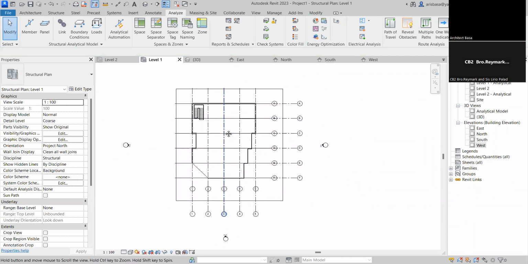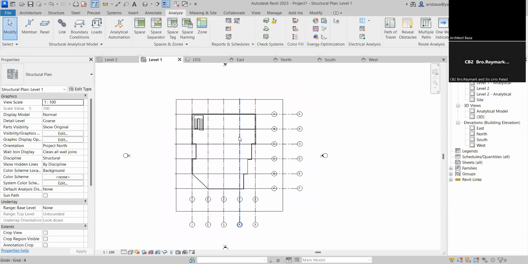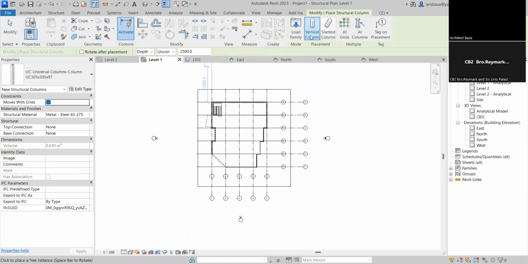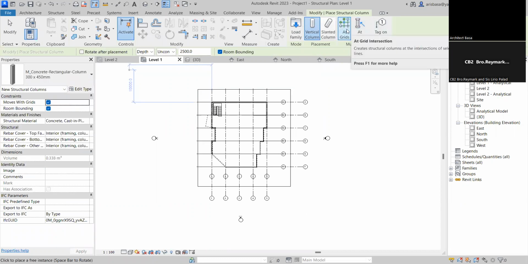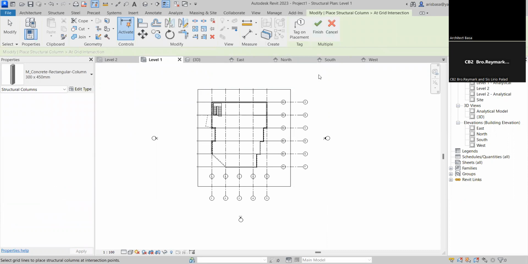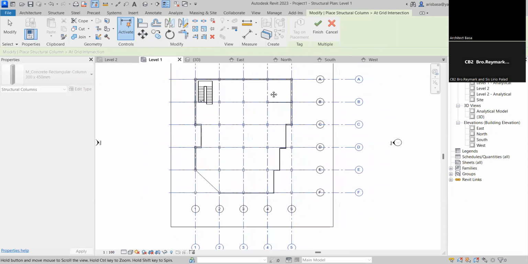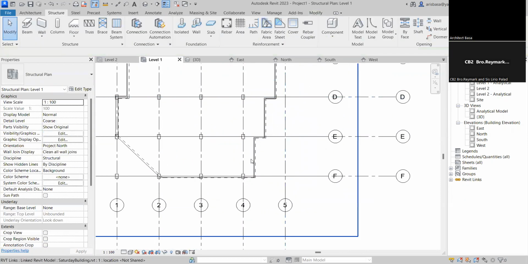So we'll just show now here how to create a few columns. So let's go back to our level 1 plan, for example. We are still in the level 1 plan. We'll create a column. Under structure tab, we have column. Then let's say we'll get the rectangular column, which is 300 by 450. Then we have the option to place it at grids. This time you can just select all your grid. Then automatically you have all those columns set up. Okay, you can just click finish and then you can just remove the columns that you don't need because you place them in each of the